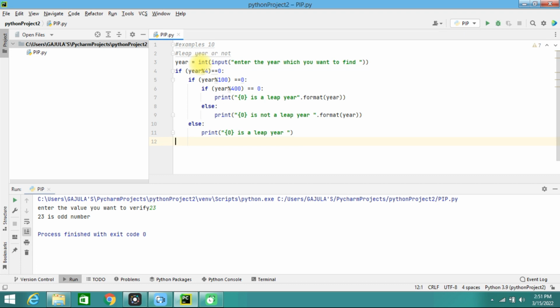That is, else print "is not a leap year". Okay, this is what I have written. Now we'll see how this program will work. So here, in the first condition,